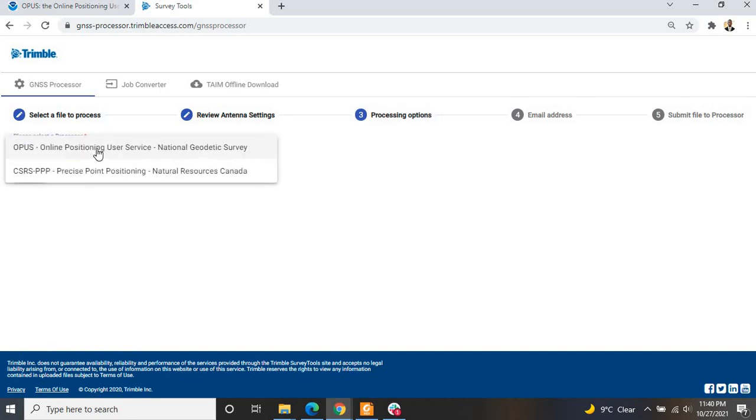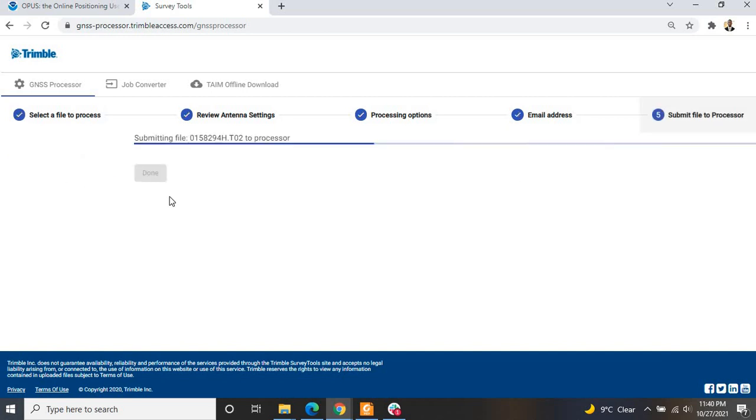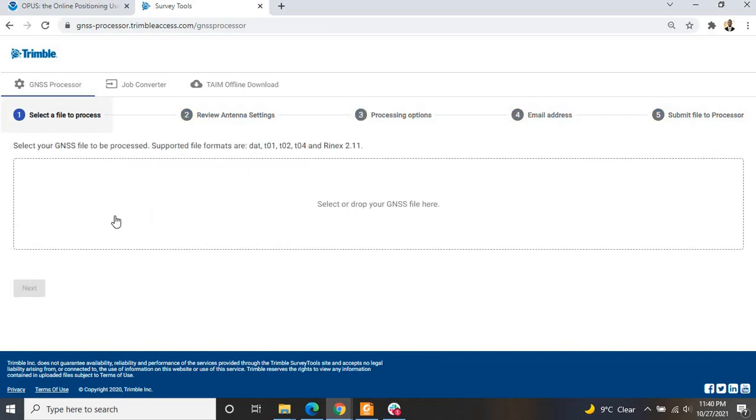Here you'll be asked to choose which processing agency we are using. We'll be using Opus, National Geodetic Survey. You click on next. Your email address, I can key in my email address here. Click next, and it submits the file. Click on done. This way, I'll get my results from Opus in my other email. Obviously, it is the same thing.